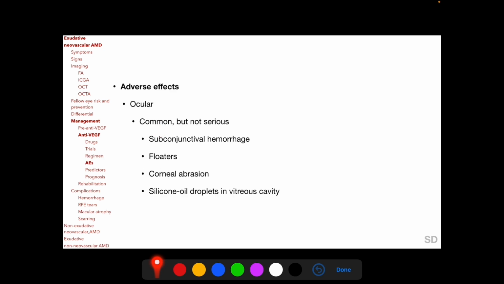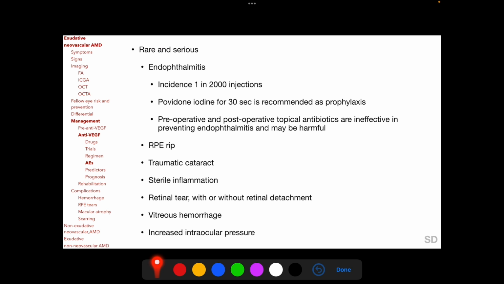Common but not serious ocular adverse effects of anti-VEGF injection include subconjunctival hemorrhage, floaters, corneal abrasion, and silicone oil droplets in the vitreous cavity. The source of the silicone oil is the silicone oil used to polish the tip of the cannulas and needles. Rare and serious ocular side effects of anti-VEGF therapy include endophthalmitis, which has an incidence of 1